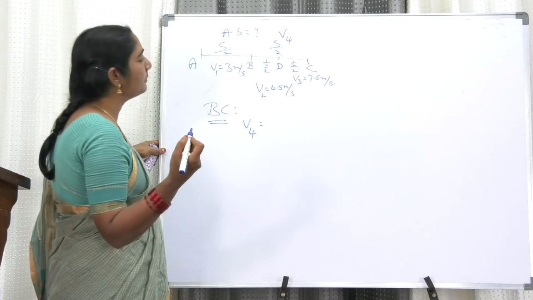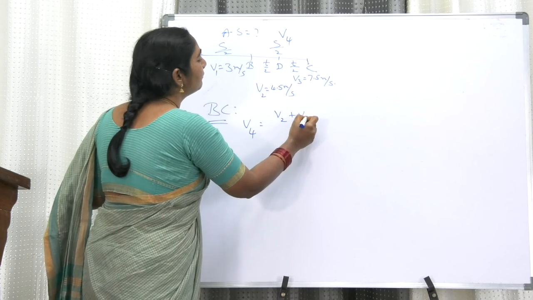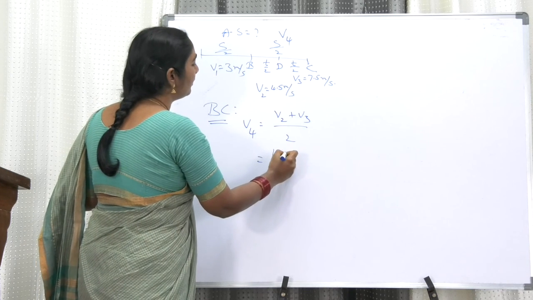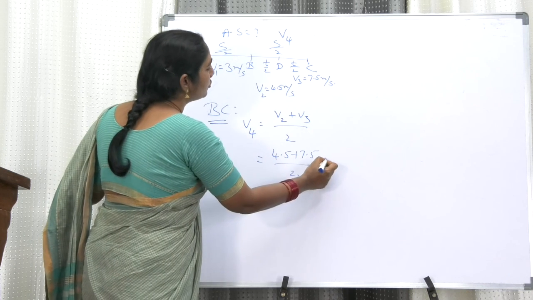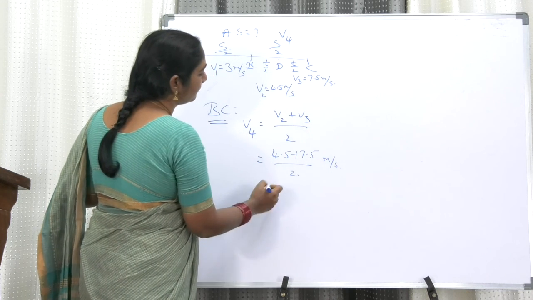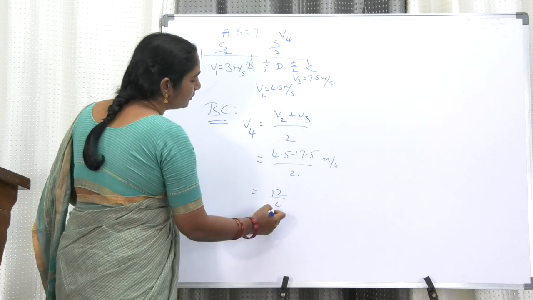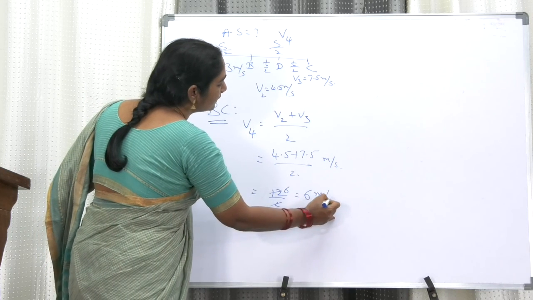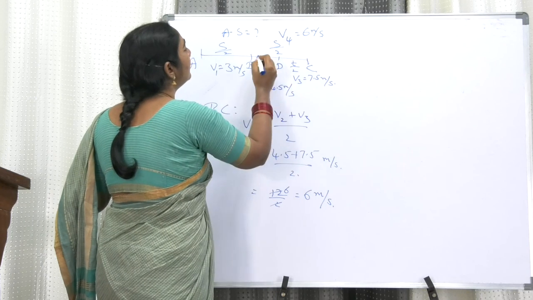You know the formula, V1 plus V2 by 2. So in this particular case V2 plus V3 by 2, so 4.5 plus 7.5 by 2. That is 12 by 2, that is 6. That's equal to 6 meter per second. Now 6 meter per second is the average speed for